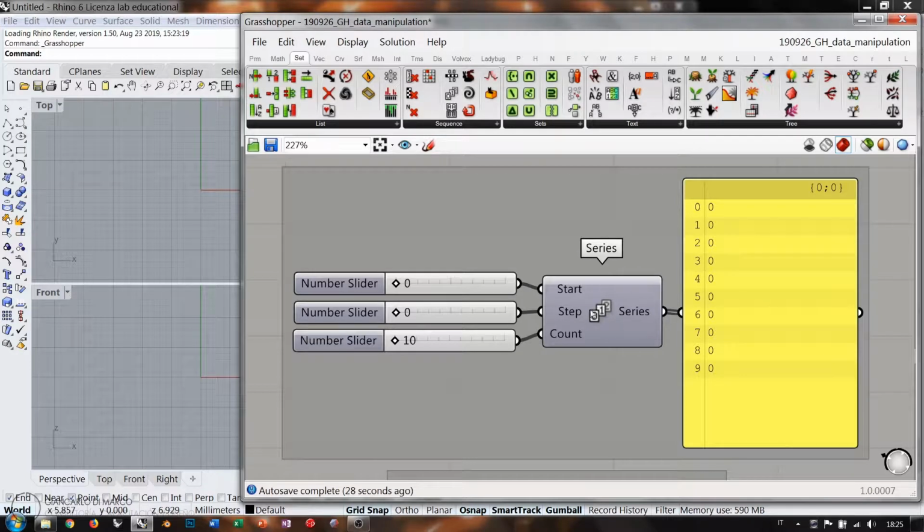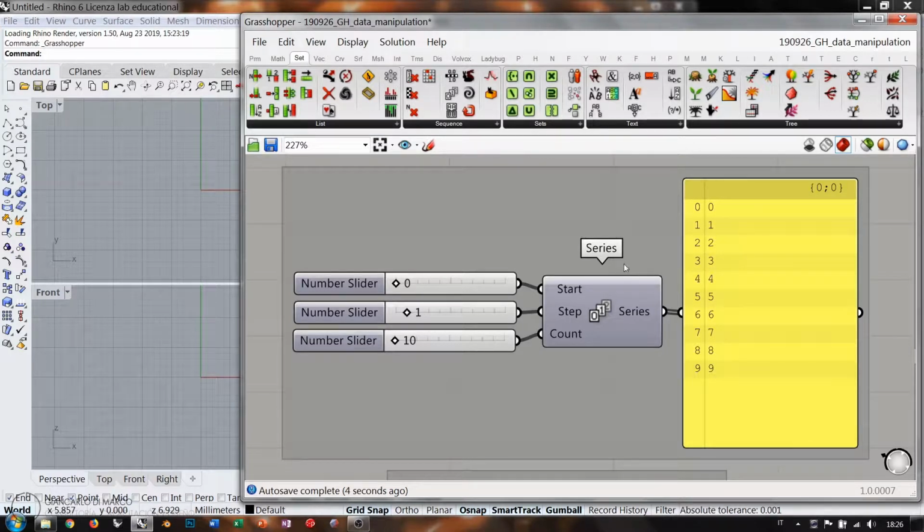It's very simple. It just creates a progressive series of numbers, starting from the start value with a fixed step, which is the increase between two subsequent values, and the number of values that we want to generate in this series. So if I change, for example, the starting value to 1, as the step is 0, nothing will be added to create the next value. So we get a list of 1. If I increase this to 1, we will have a classic series of 1, 2, 3, 4, 5, and so on. If I change this back to 0, you see that we have the standard series, which is 0, 1,